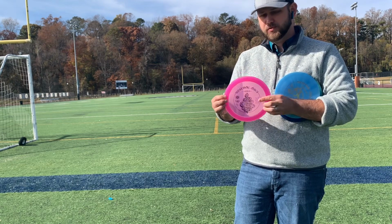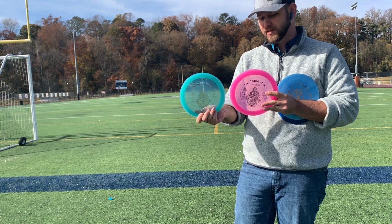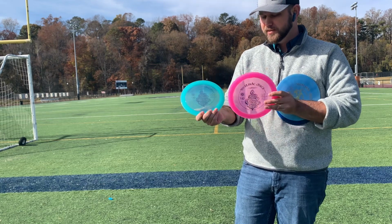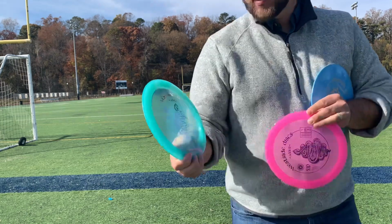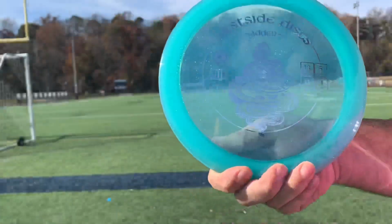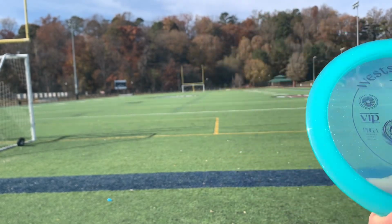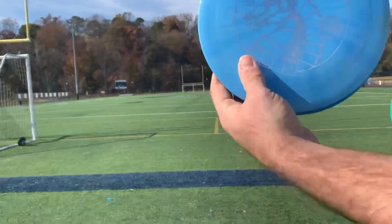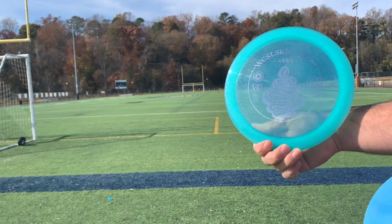I've got two first run Adders here. I don't have the prototype one, but I've got two of the first run ones that have just come out. They're both VIP. This one is max weight at 175, and this one's 172. Really pretty discs, both of them. This one's got a little bit of glitter in the plastic, really nice look. And if you take a look at the flight numbers, the Warhorse is 13404 and the Adder is 13504,